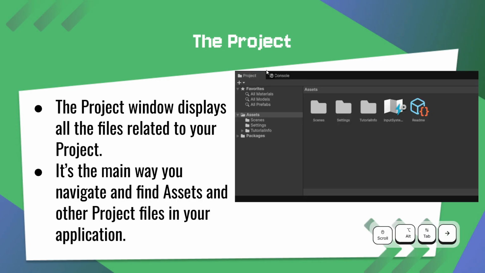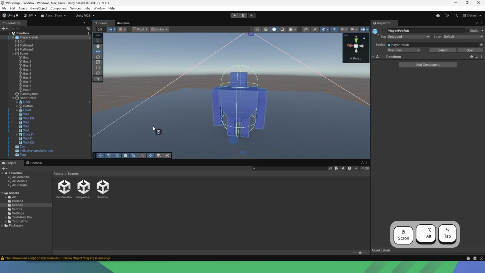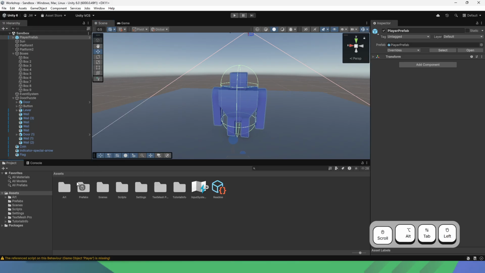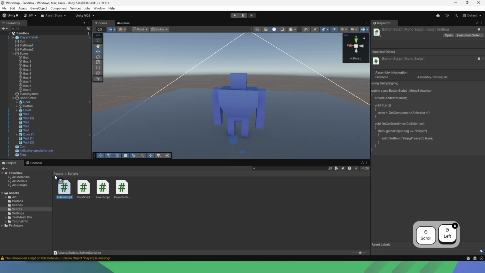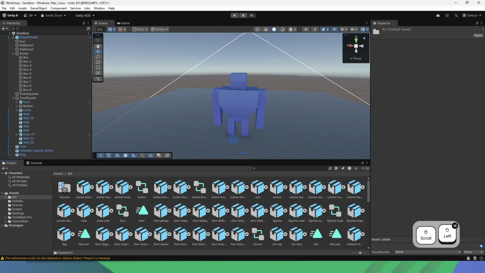And then we have the project window, which displays all the files related to your project. It's the main way you can navigate and find assets or other project files in your application. So for example, I can look through everything here. I have all my scripts in this folder. Down in my project window, I have all the different scenes in this folder, and I have all my art